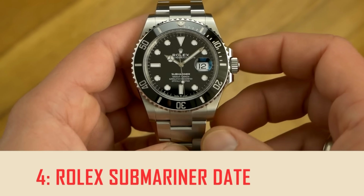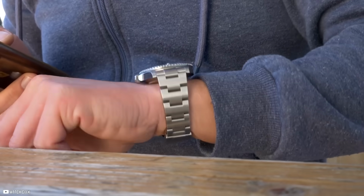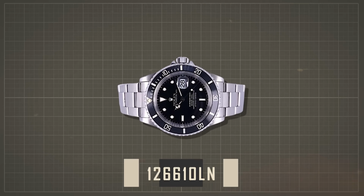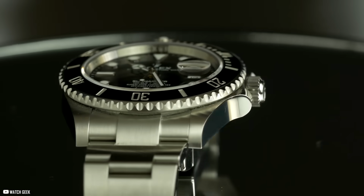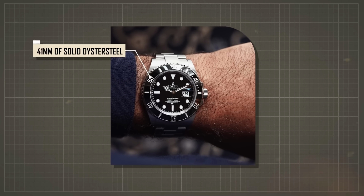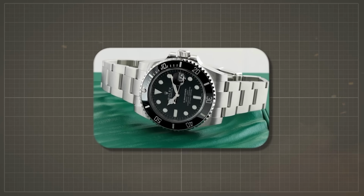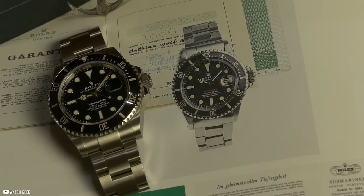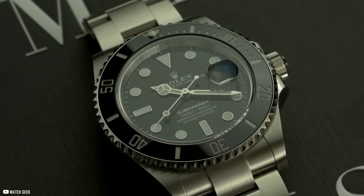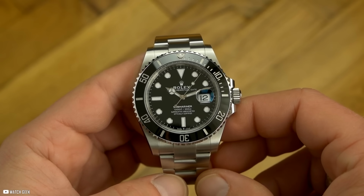Number 4, the Rolex Submariner Date. This isn't just a dive watch, it's the dive watch. The 126610LN sits in that rare category of tool watches that still move like liquid cash in any market. Crafted from 41 millimeters of solid oyster steel with a black Cerachrom bezel insert, platinum-coated numerals, and that signature Cyclops lens, it is instantly recognizable, even to non-watch people. The dial is deep matte black with Chromalight that glows ocean blue for hours. Rugged on the wrist, yet sleek enough to slide under a cuff, this is Rolex design at its most utilitarian